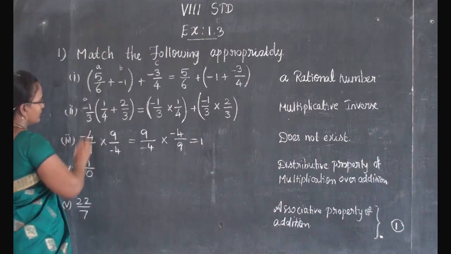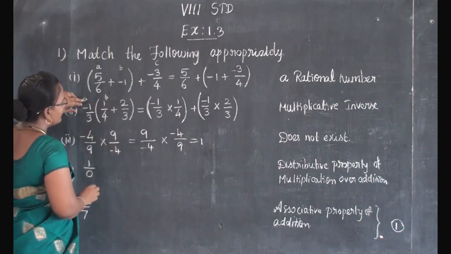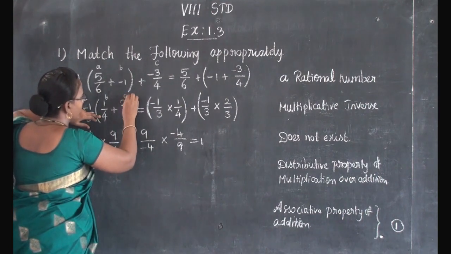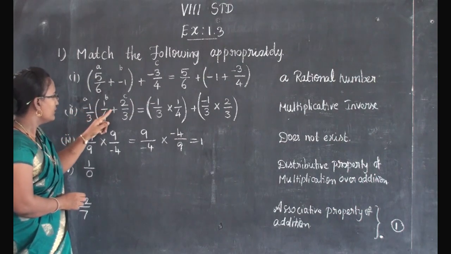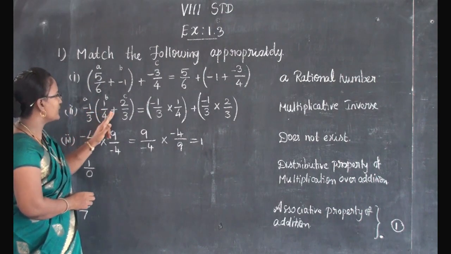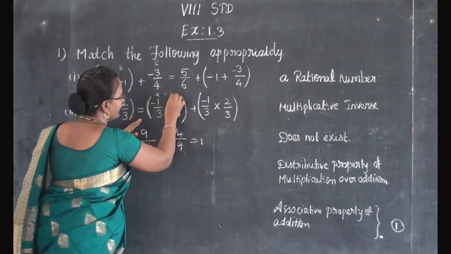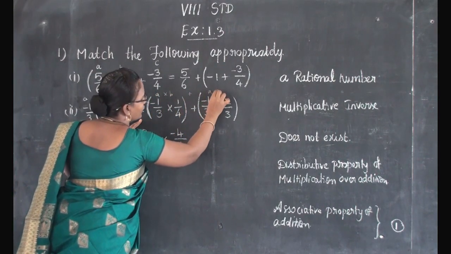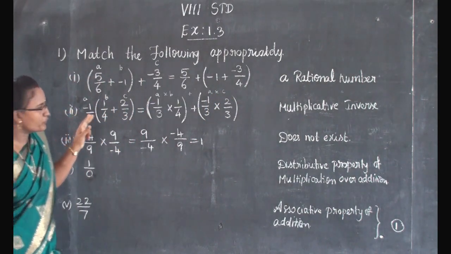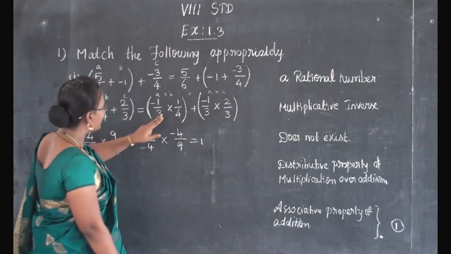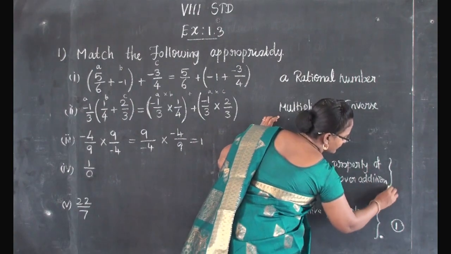Let us take -1/3 as A, 1/4 as B, and 2/3 as C. This is here A × (B + C) = A × B + A × C. What is this? This is the distributive property of multiplication over addition. So this one is the